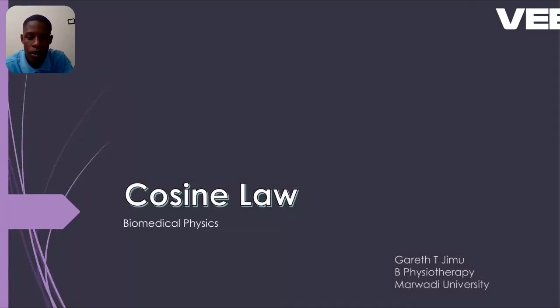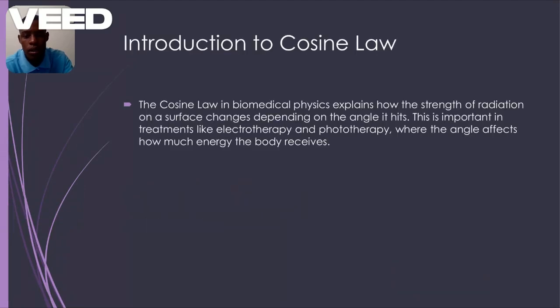Today we'll be talking about the cosine law. So, what is the cosine law? The cosine law in biomedical physics explains how the strength of radiation on a surface changes depending on the angle at which it hits. This is important in treatments like electrotherapy and phototherapy, where the angle affects how much energy the body can receive. So basically, in simple terms, the cosine law is